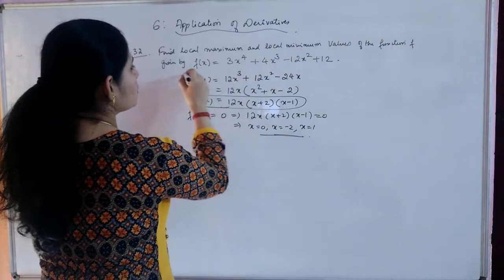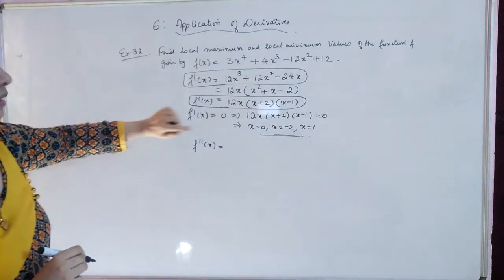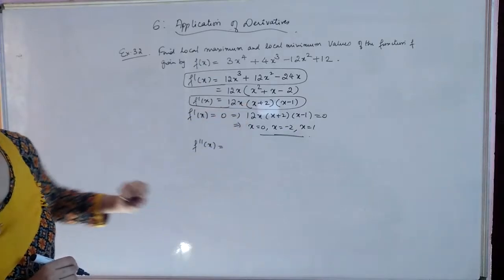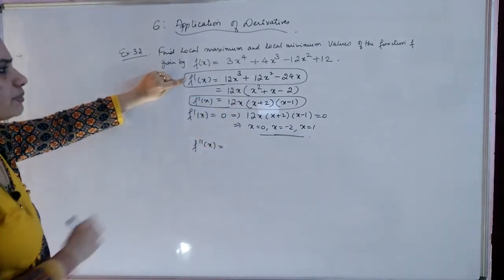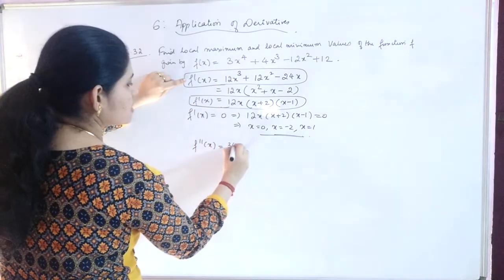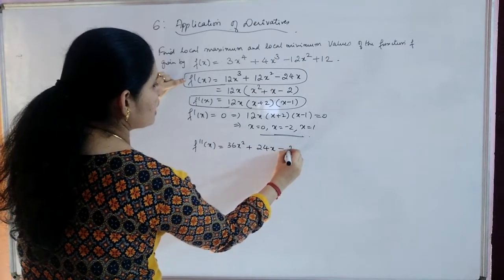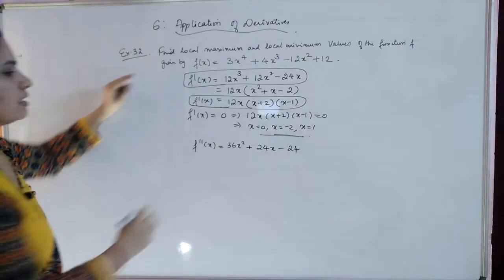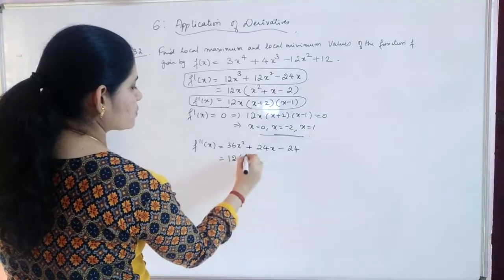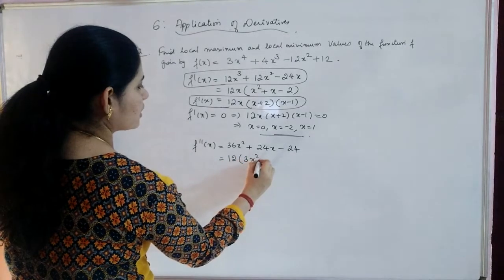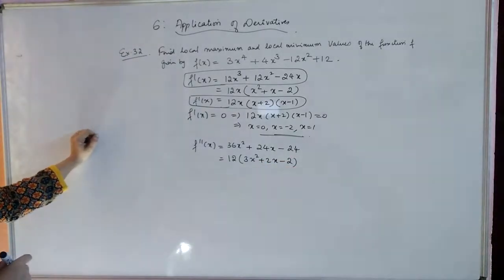So this can be used for calculating. Here you can just replace the value, that is easy here. Okay, so f dash of x is this. What will be f double dash of x? 12 into (3x square plus 2x minus 2)... 36x square plus 24x minus 24, correct? I can take out 12 again, so you will get 12 into 3x square plus 2x minus 2, correct?